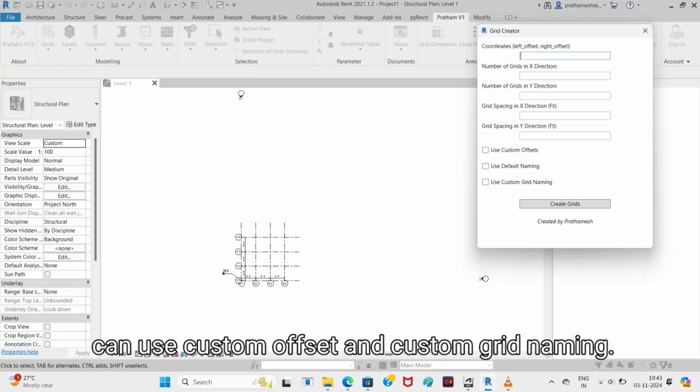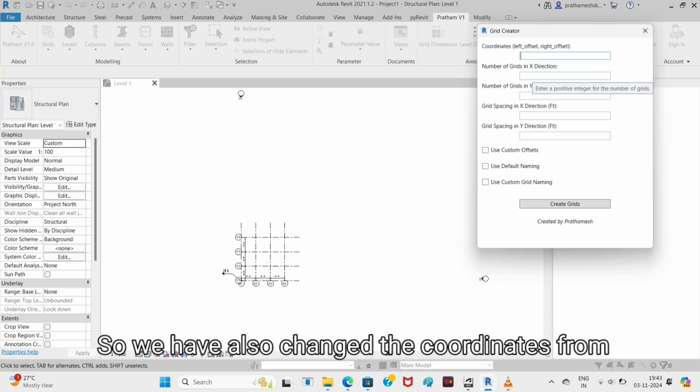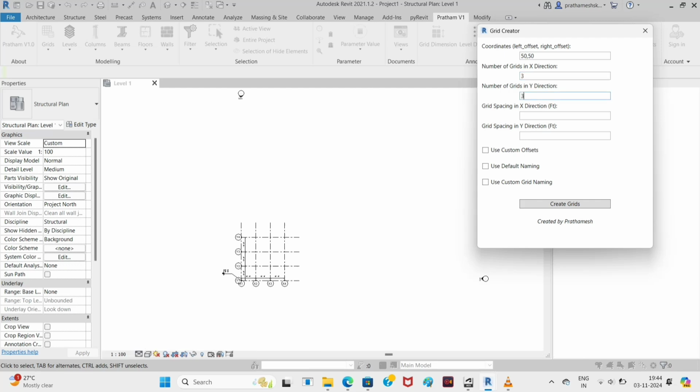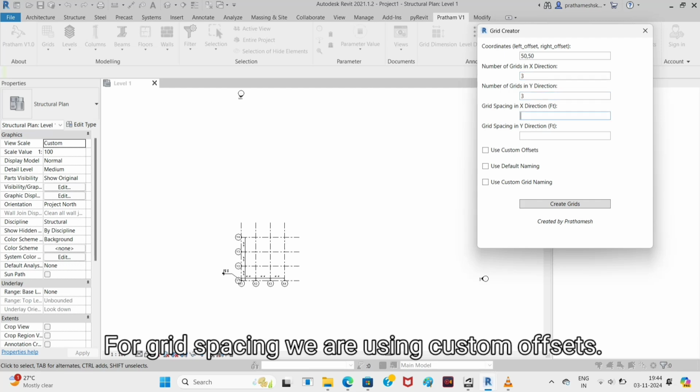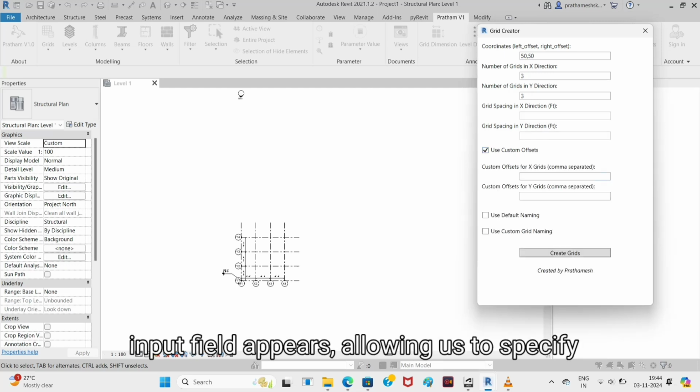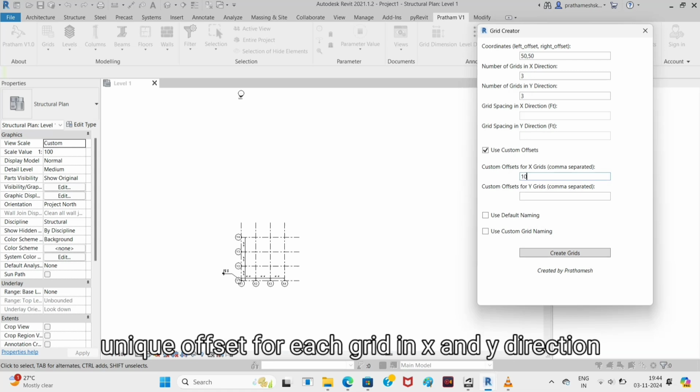Now we can use custom offset and custom grid naming. So we have also changed the coordinates from the origin to 50 feet and the number of grids to 3. For grid spacing, we are using custom offsets. So when the checkbox is selected, additional input fields appear, allowing us to specify a unique offset for each grid in